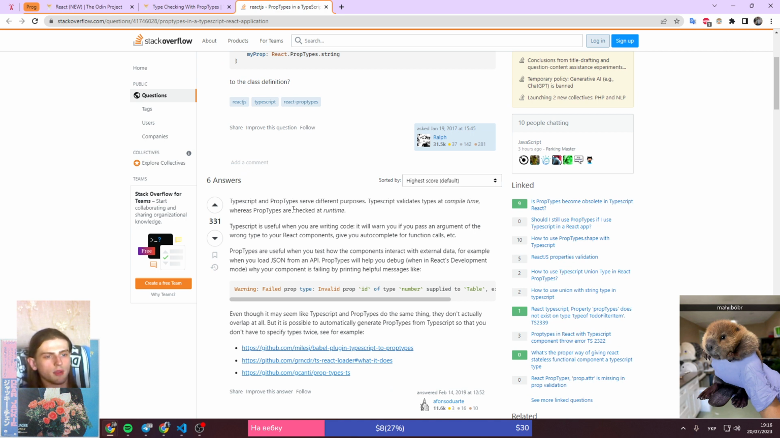Compile time, the runtime. Give you autocomplete for function calls. That's useful when you test how the components interact with external data. Example, when you load an API, propTypes will help you debug where your component is failing by printing helpful messages like